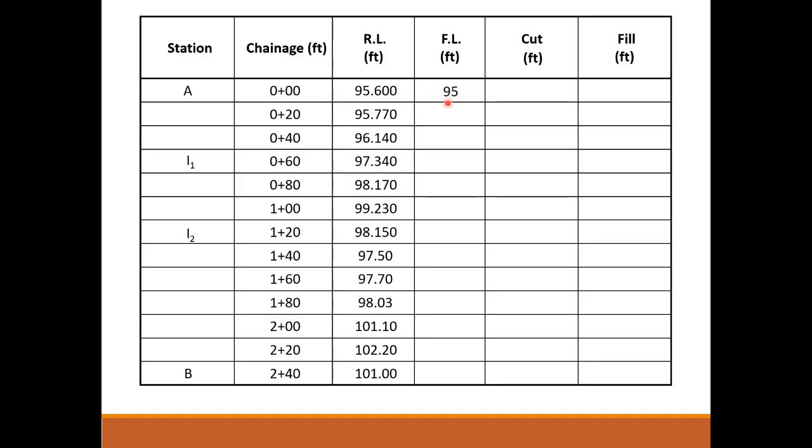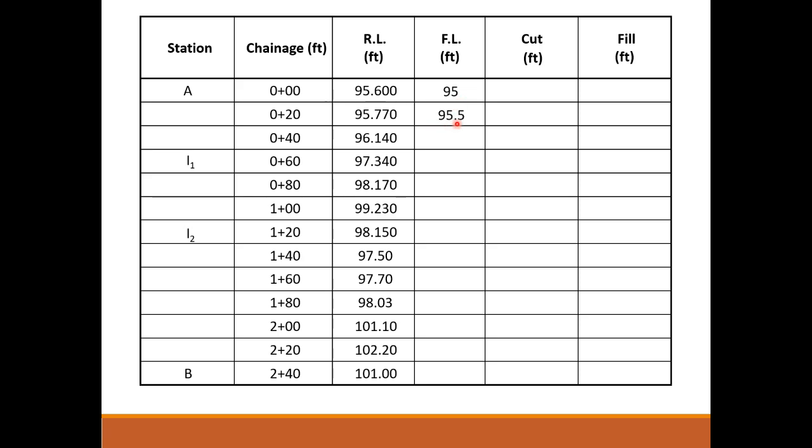So coming towards the example, the first point of the formation line is given 95 feet. Okay. In case of survey examples, you will be given only the first point of formation level, and you will be able to calculate all the remaining points of the formation line by yourself. So how to calculate the points of formation line for the remaining entries? It is very easy.